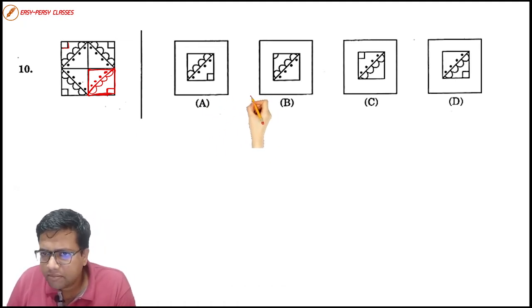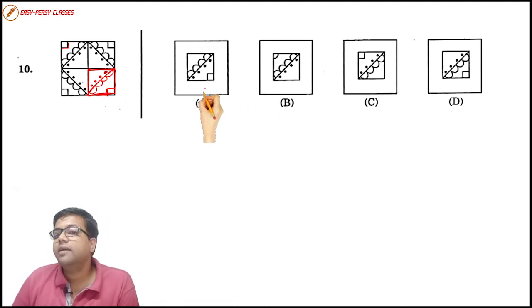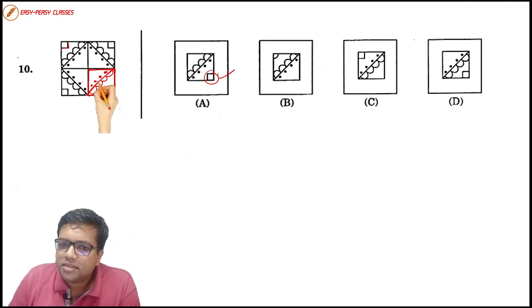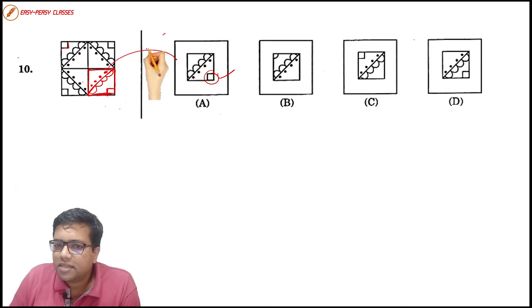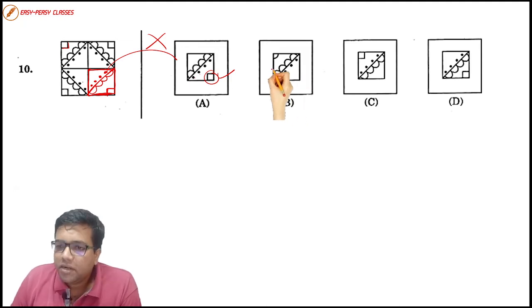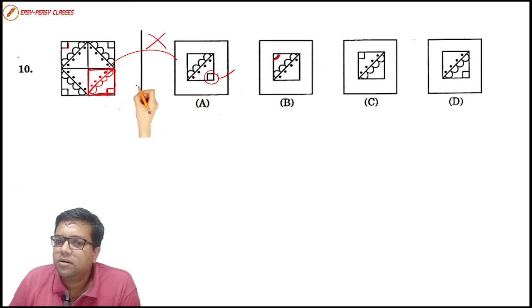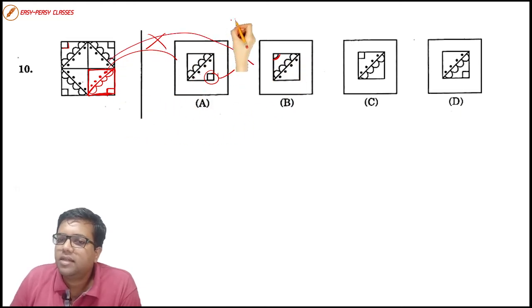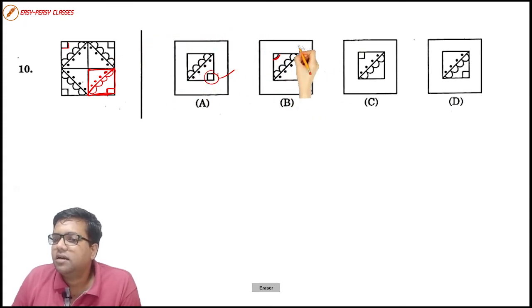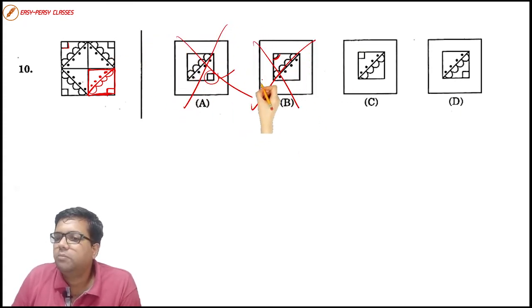I think option number A. No, no, no. Why? We have the square, right? That is okay, but the dots are to be inside. See over here. Look at this. Is it matching? No, it is not matching. The dots are inside, and the semicircles, the small half circles, are outside the line. So it's not matching. But here, if you see, there is an extra semicircle, which is coming over here, which is not matching with the missing figure. All right, so we have already eliminated two options.